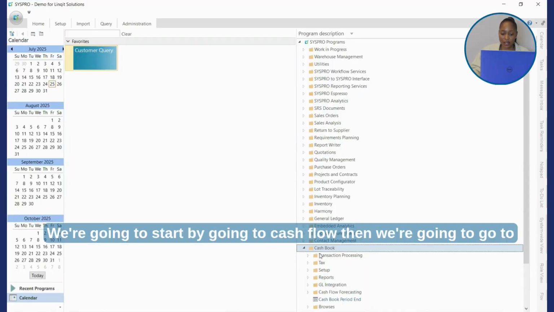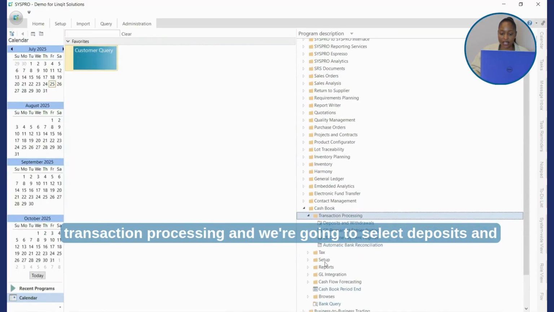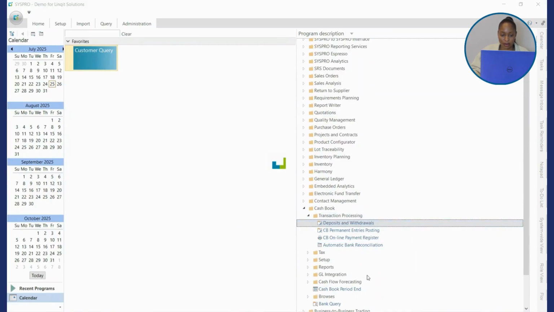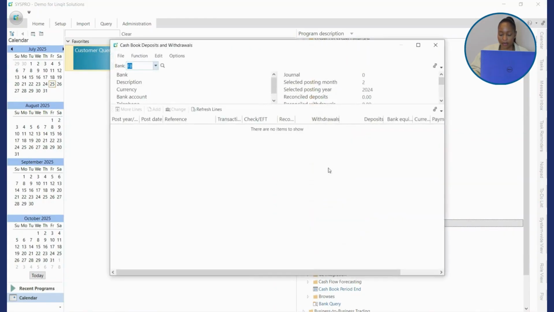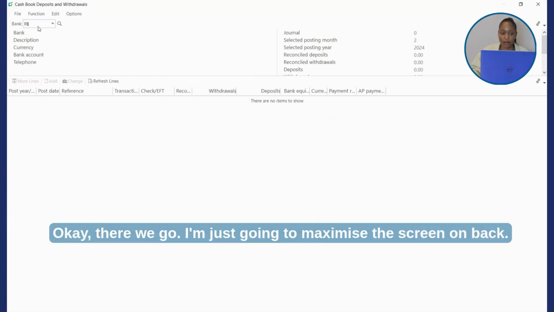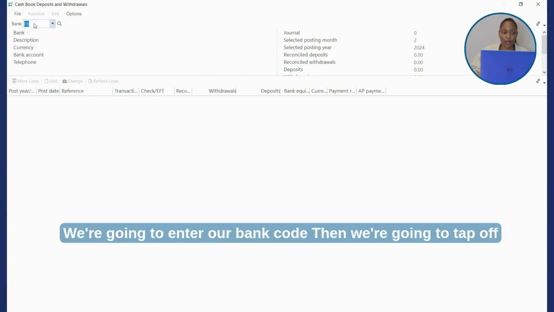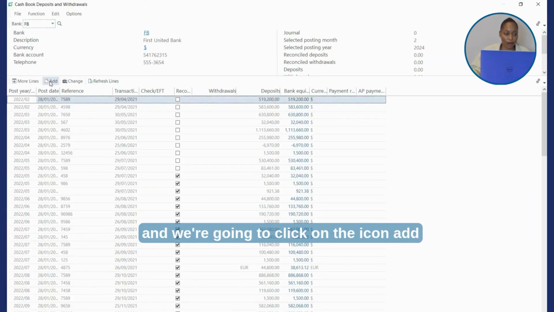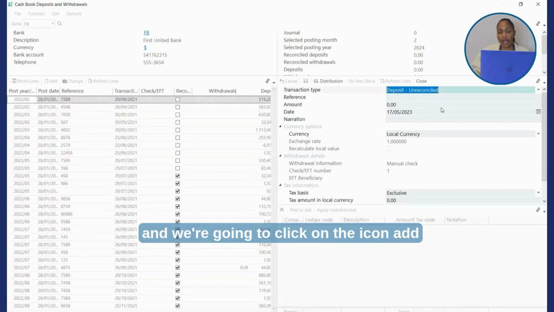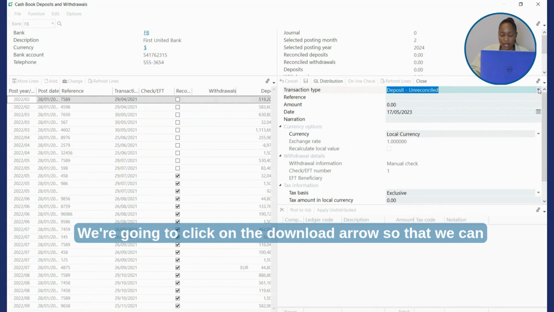We're going to start by going to Cash Book, then we're going to go to transaction processing, and we're going to select deposits and withdrawals. Okay, there we go. I'm just going to maximize the screen. On bank, we're going to enter our bank code, then tap off, and click on the icon add. Then on transaction type, we're going to click on the downward arrow so that we can select